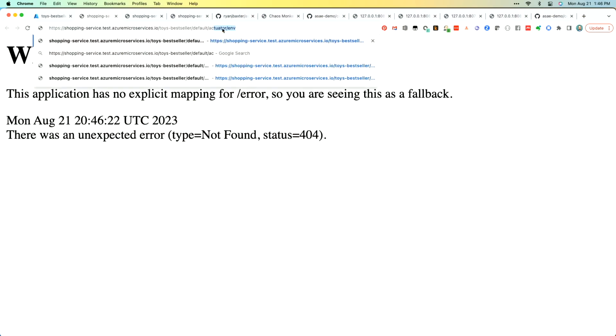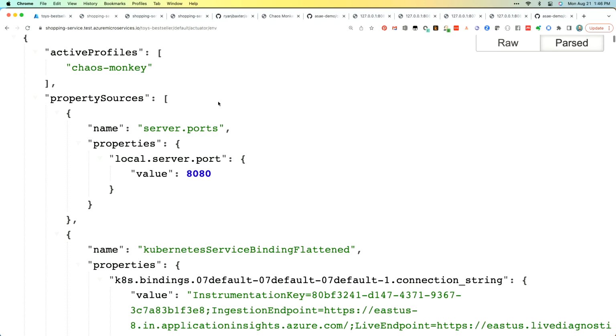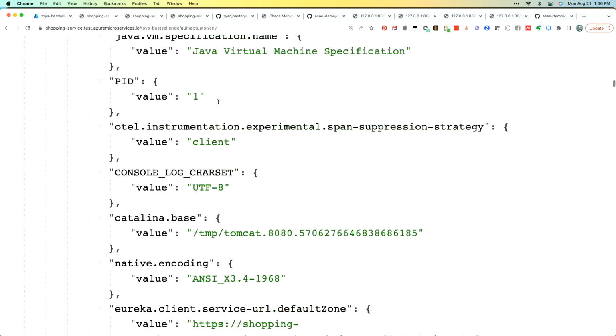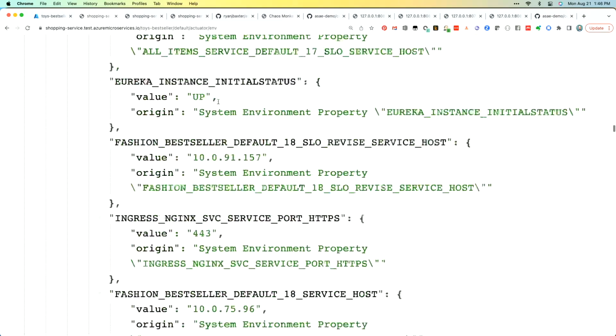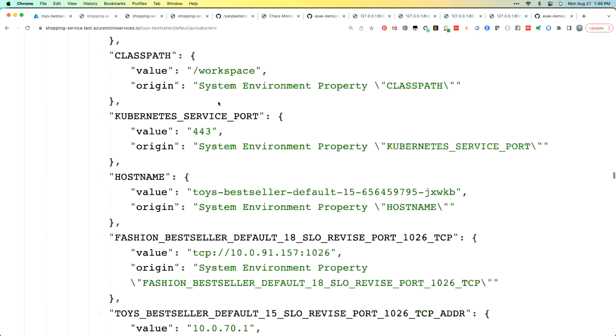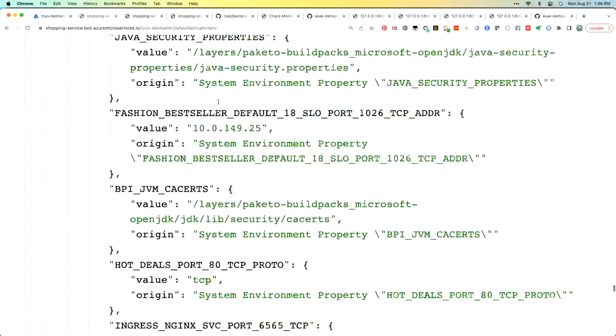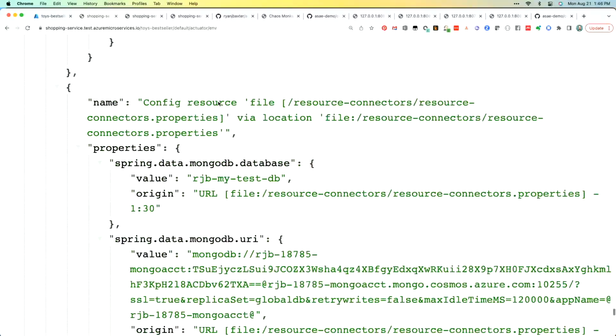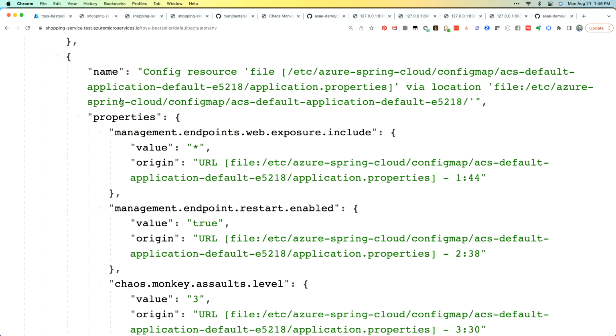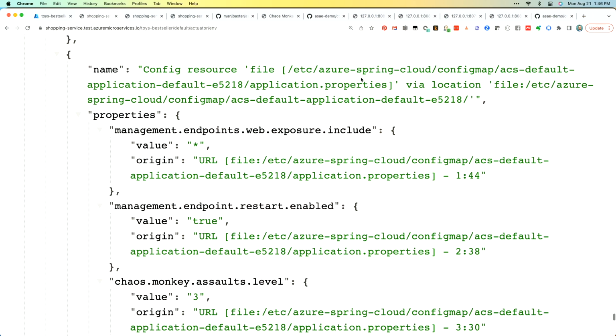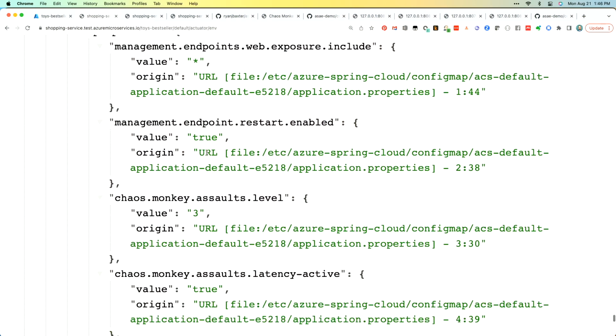If we go to the actuator, the environment endpoint for the actuator, we're going to scroll way down at the bottom here, somewhere eventually. We'll get there. I promise. All right, we did it. All right, there it is. So this is the application.yaml file that actually got mounted from the application configuration service, and these are the properties